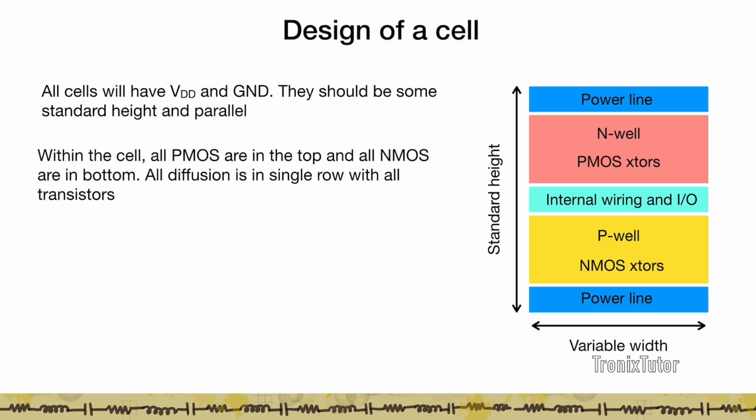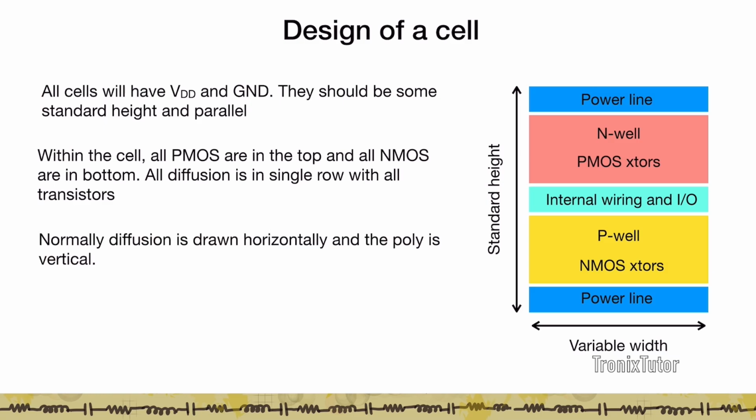Now within the cell, we create the N well on the top and the P well at the bottom. So the PMOS transistors are going to sit in the top. Try as much as possible to have the diffusion as a single row. And similarly, the NMOS are going to sit in the bottom. Again, share diffusion as much as possible. And therefore, whenever we draw diffusion, we always draw the diffusion horizontally, and the poly of the gate layer is